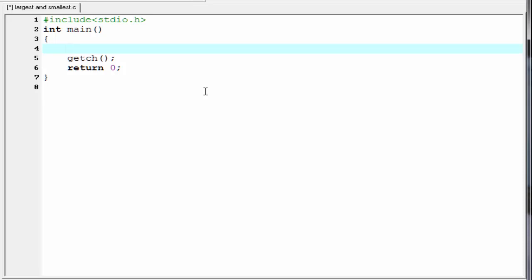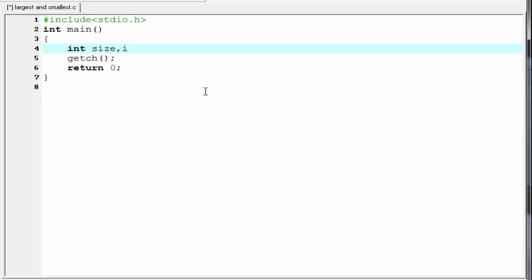In this tutorial I am gonna teach you how to find the smallest and greatest element of an array. So let's start. The first thing that we need to do is declare some variables that we use in our program. So I am going to declare here int size. In this variable we will store the size of the array, or the number of elements that the array will contain. Next I am going to declare another variable, let's say i, which we use as a loop counter.